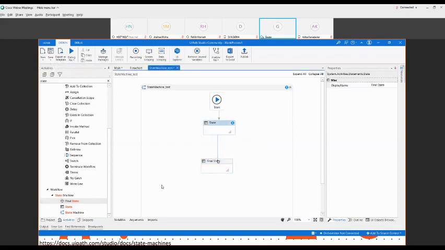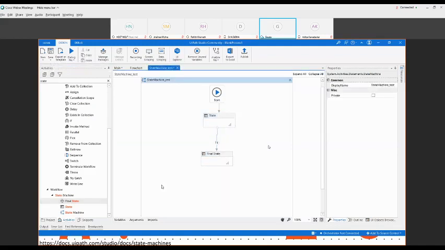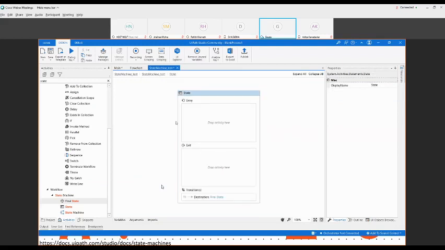If I connect this to this, then you can see there is no error in the complete workflow. We haven't mentioned any condition on the transition, everything is empty, and there is no issue.